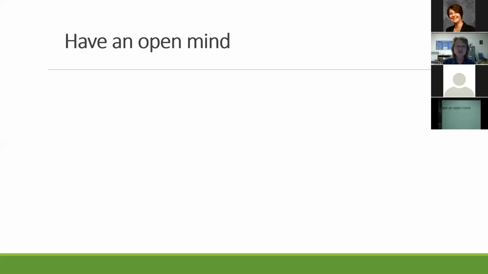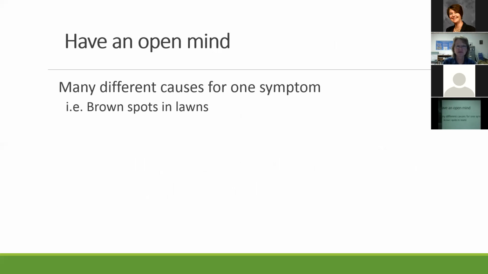Okay, have an open mind, because there can be many different causes for one symptom. Brown spots in lawns are a good example. Brown spots, it's kind of like people. You can have a headache, but there are many different causes for headaches. Brown spots in lawns can be caused by a gas spill,